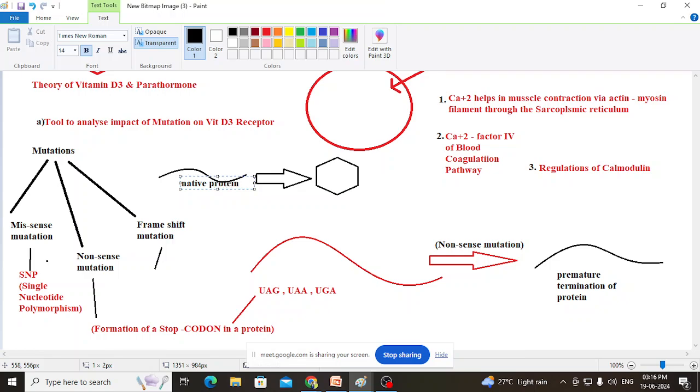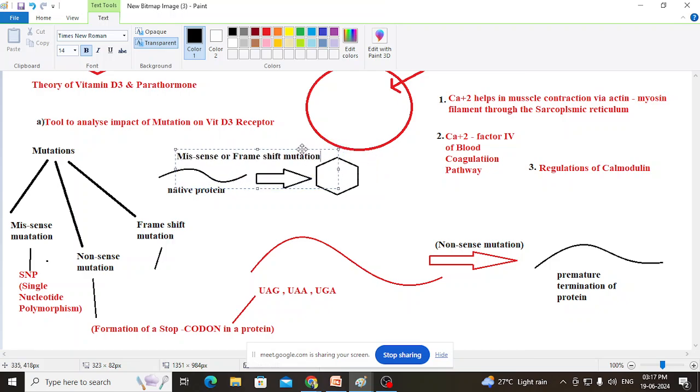So, native protein, and this is missense or frame shift, both frame shift mutation. Okay, so see the impact of these,